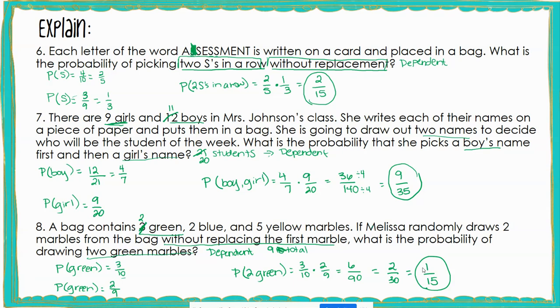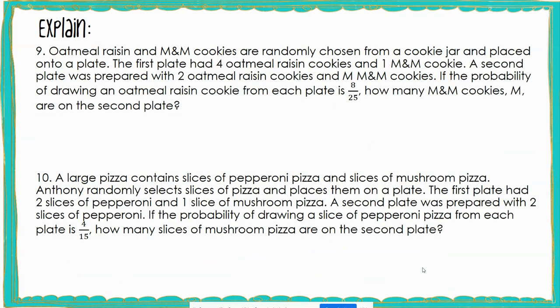Now go to page 29. On page 29, you see number 9, which says oatmeal raisin and M&M cookies are randomly chosen from a cookie jar and placed onto a plate. The first plate had 4 oatmeal raisin cookies and 1 M&M cookie. A second plate was prepared with 2 oatmeal raisin cookies and M M&M cookies, which means we don't know how many M&M cookies there are. If the probability of drawing an oatmeal raisin cookie from each plate is 8/25, how many M&M cookies M are